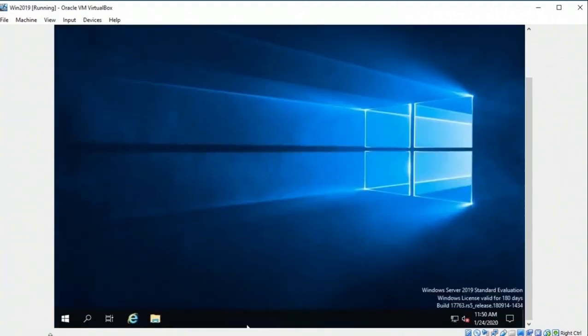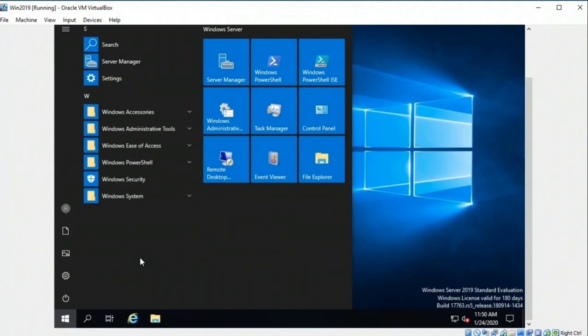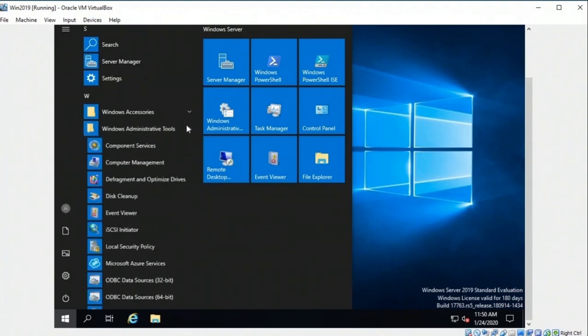And again, we'll go back down to Start. And again, under Administrative Tools, you have all kinds of things in here, such as the Event Viewer. Make sure that logging is turned on. You have the Microsoft Azure services for cloud security. A lot of people ignore local security policy on a server, assuming it's being covered by domain policies. And that may work, but I would go ahead and take a look at it anyway.